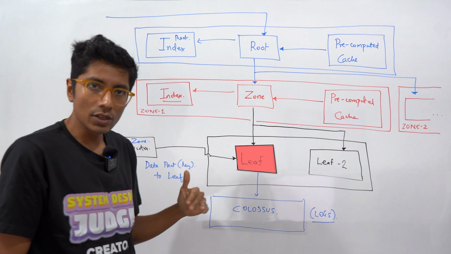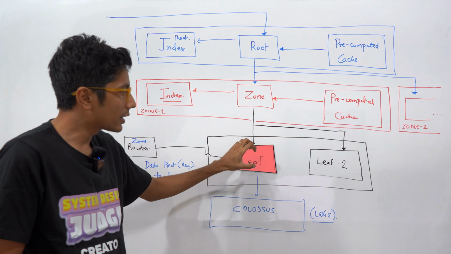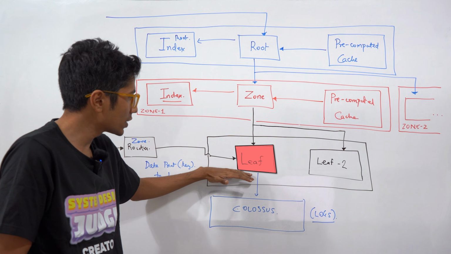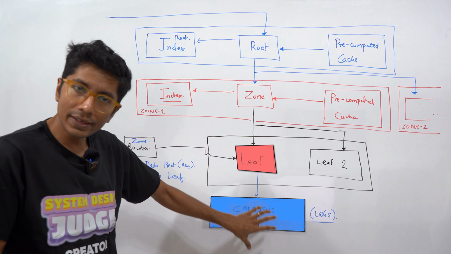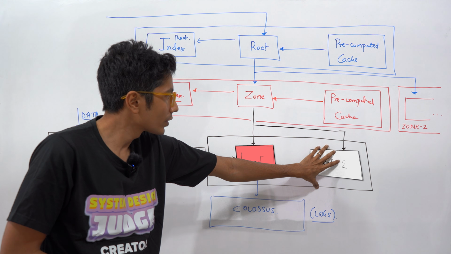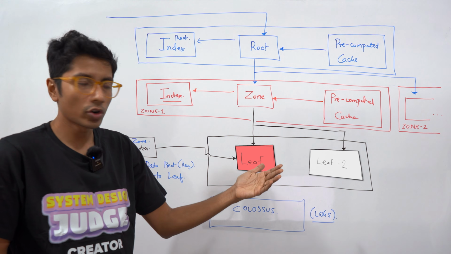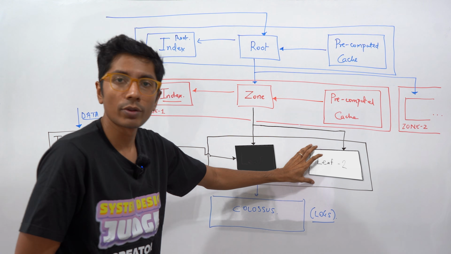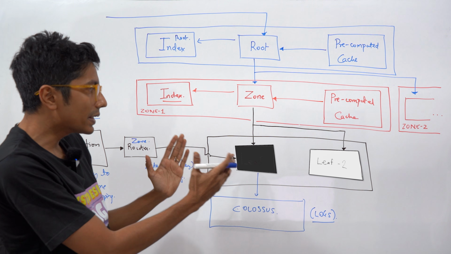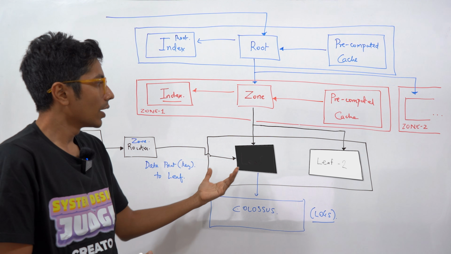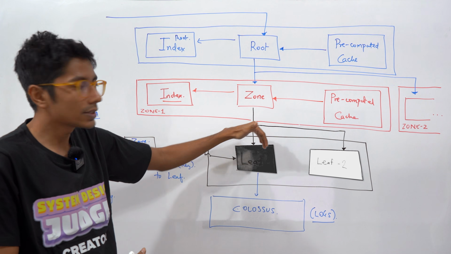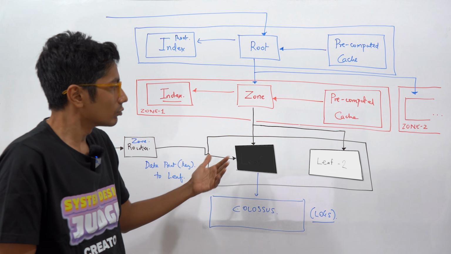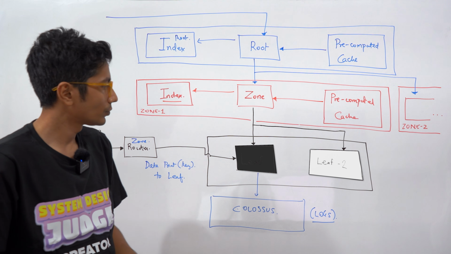In case the leaf server has a lot of load and you want to assign some of the shards in that leaf to some other leaf, what you can do is continue serving requests on this leaf. Meanwhile, migrate the data from Colossus to this new leaf. Once the leaf is ready, after a second or 2, you can stop answering queries from this leaf and answer queries only from this leaf. Okay, so there is a period where both leaves can respond to queries, but that helps avoid request latency. That keeps the availability of the system high. In case there's any problem while migrating data, well, that doesn't reflect on the client.